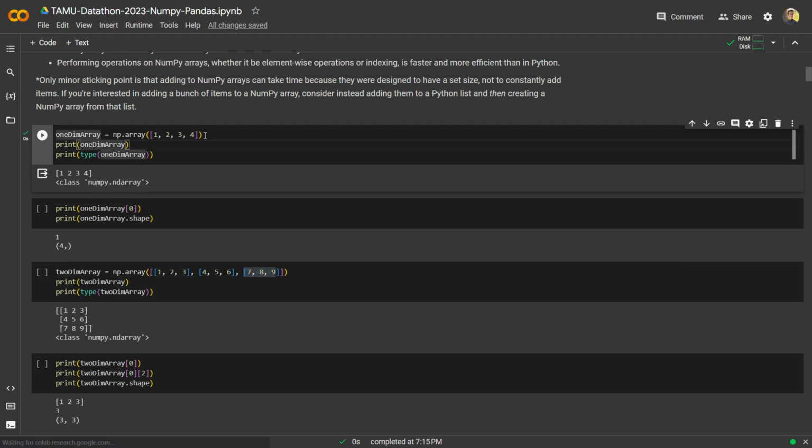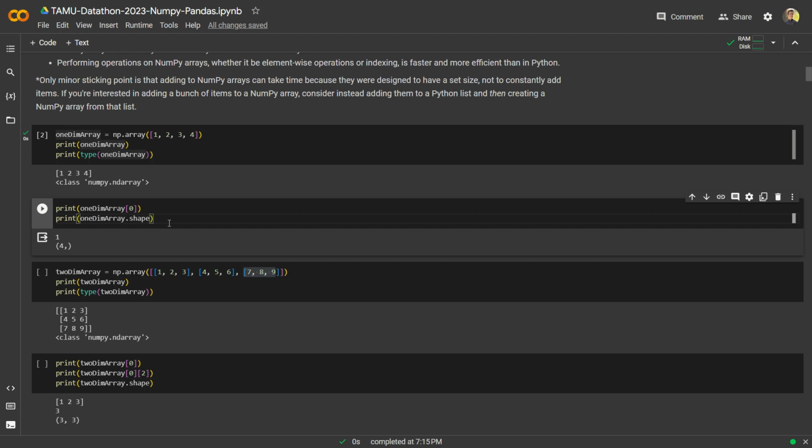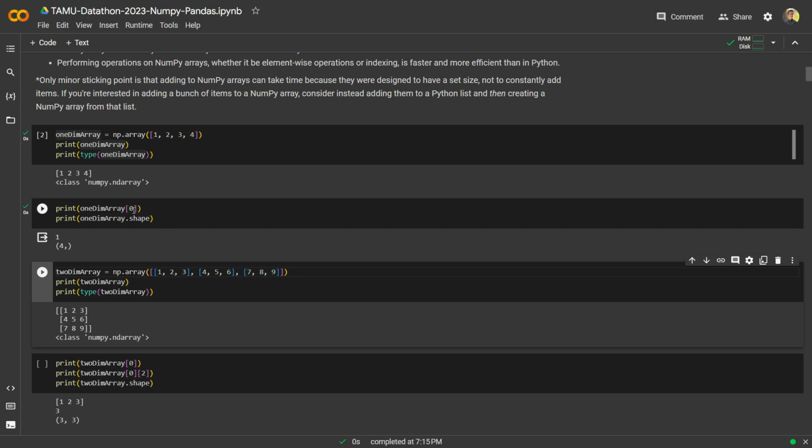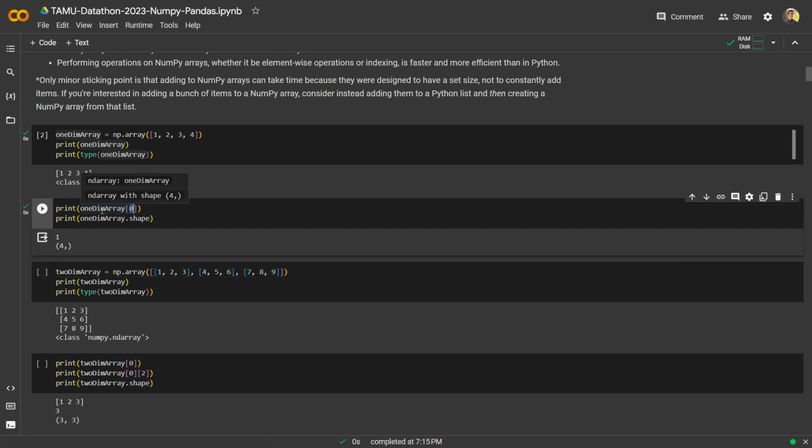And so we can see that when we run this, this is one dimension. And then we can go ahead and get the first element by calling the one-dimensional array. We put these square brackets around it, and then we put 0. This is an example of indexing,